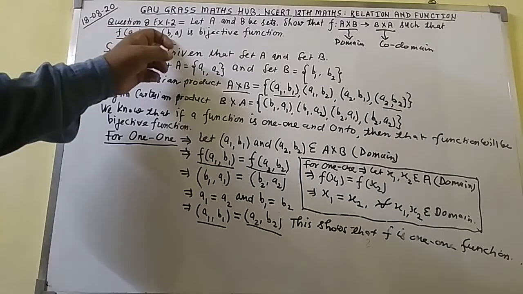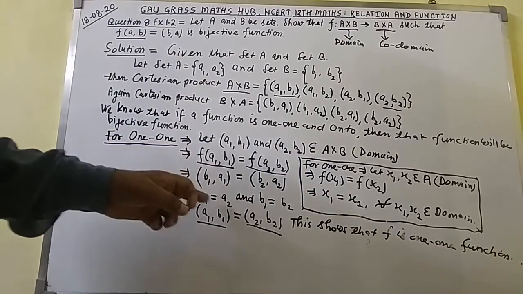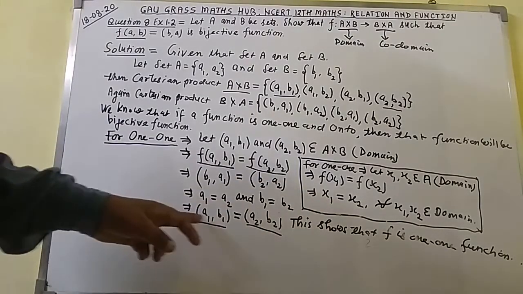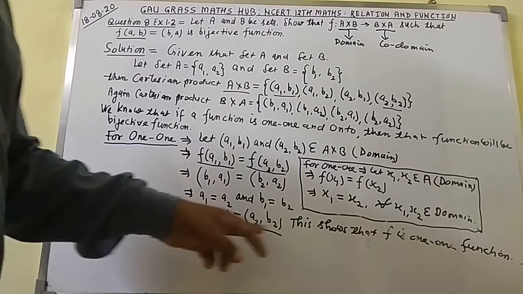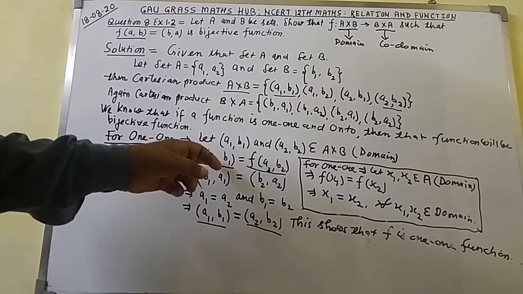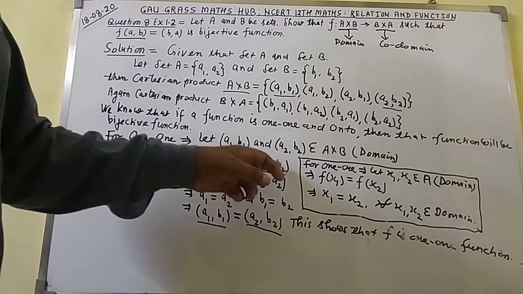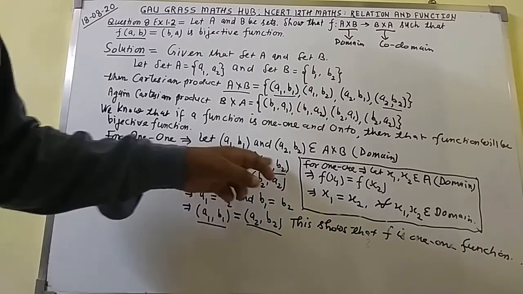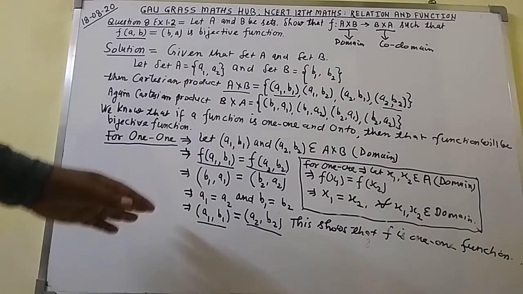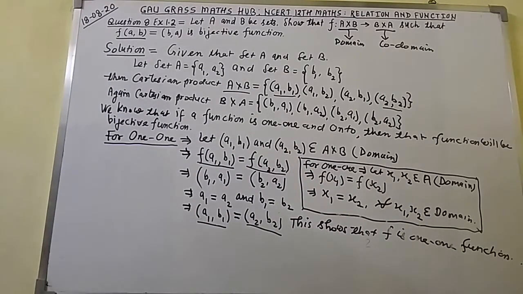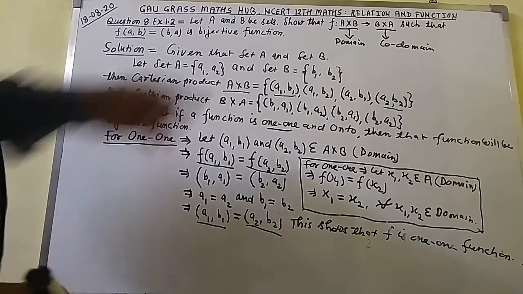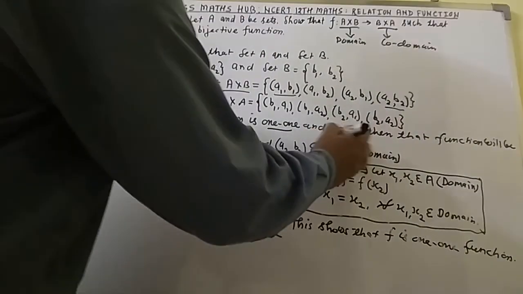Now, as per this principle, I have written like this. In the last, in place of x1, I have written a1 b1 equal to, in place of x2, I have written a2 b2. From here you have got f of a1 b1 equal to f of a2 b2, a1 b1 equal to a2 b2. This whole function is one-one function. Now I have proved this function is one-one. Now what you have to do? This function I have proved one-one. Now this function you have to prove onto function.